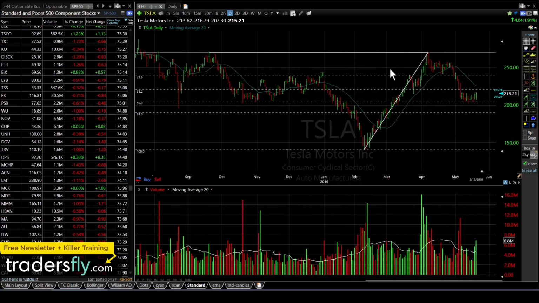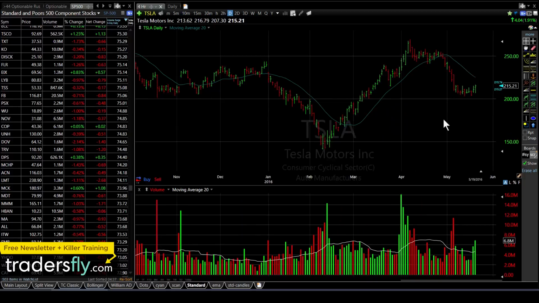Now, again, remember, these are just basic tools and guidelines. You do your analysis, you put it together, and you start evaluating what your risk to reward is. Where are the probabilities in your favor? This is what I do, and I look at where the volume is. How is the energy of that stock going? How far extended is it? It's all about putting those puzzle pieces together.